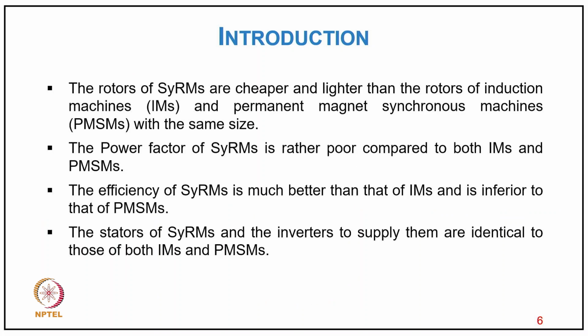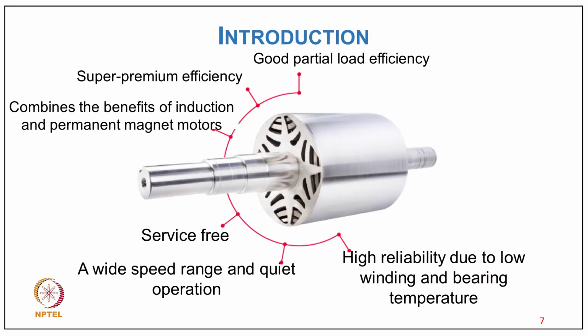The rotors of synchronous reluctance motors are cheaper and lighter than rotors of induction machines and permanent magnet synchronous machines. With the same size, the power factor of the synchronous reluctance motor is rather poor compared to both the induction motor and the permanent magnet synchronous motor. Efficiency of the synchronous reluctance motor is much better than the induction motor and slightly inferior to the PMSM. The stator of the synchronous reluctance motor and the inverter to supply it are identical to those of the induction motor and permanent magnet synchronous motor. So typically you can see how the rotor of the synchronous reluctance motor looks,